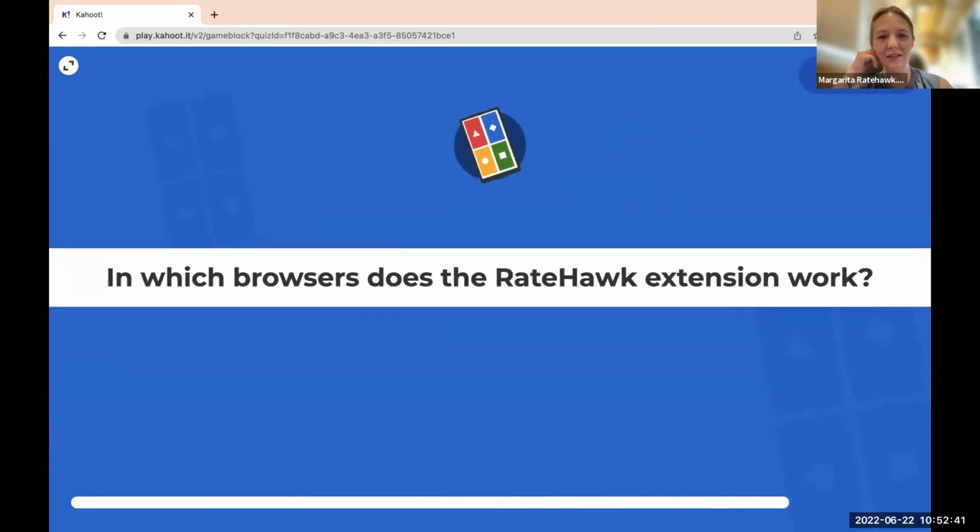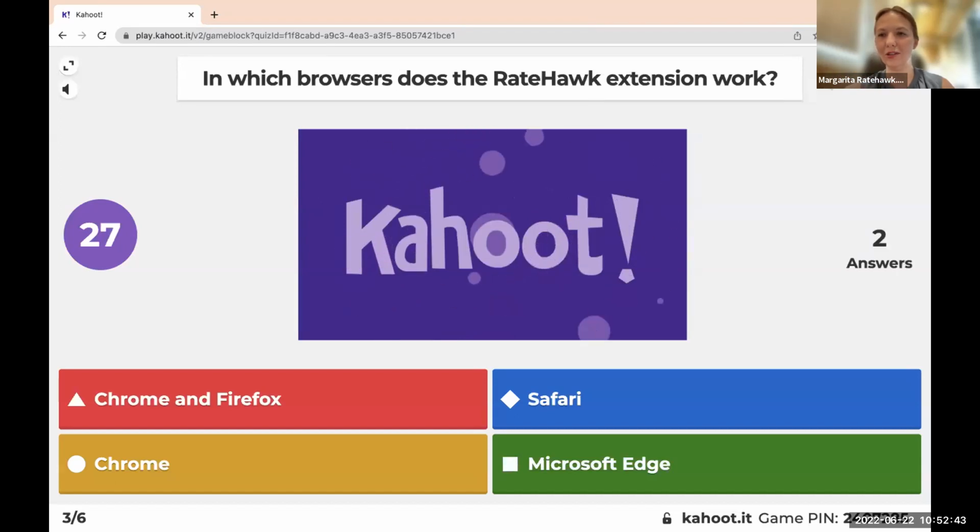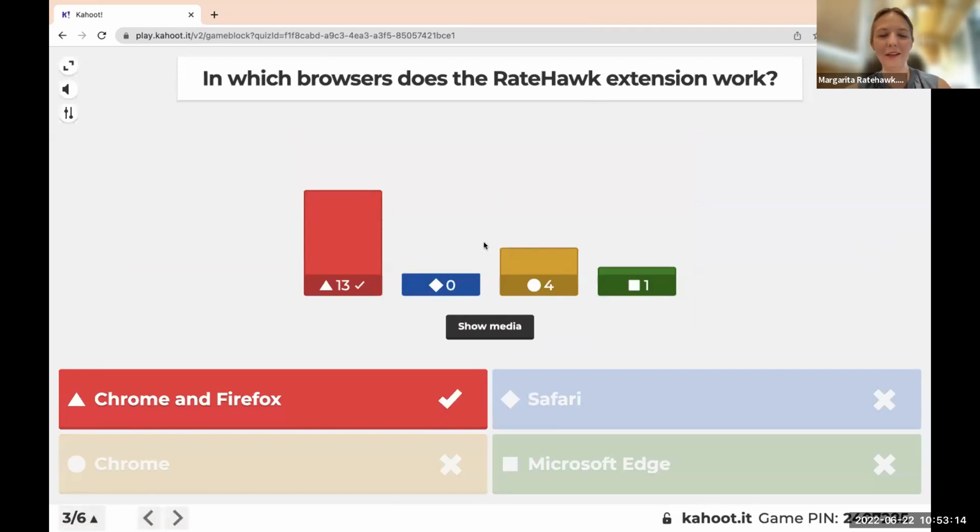In which browsers does the Ratehawk extension work? Chrome and Firefox.